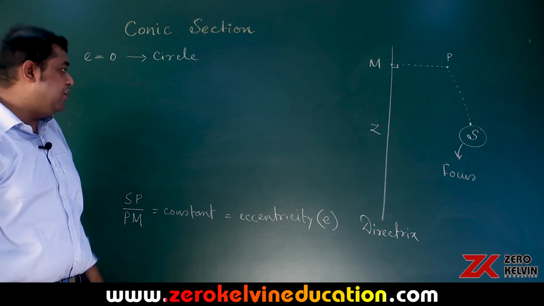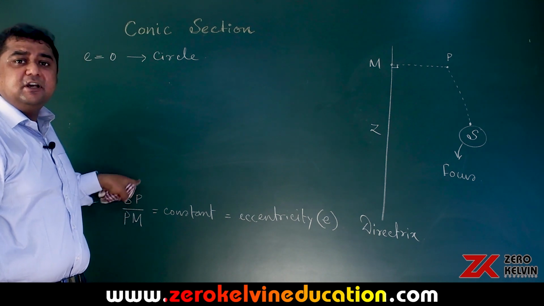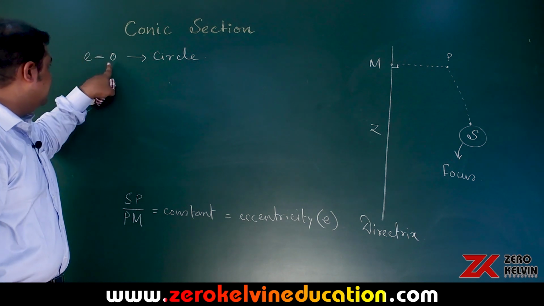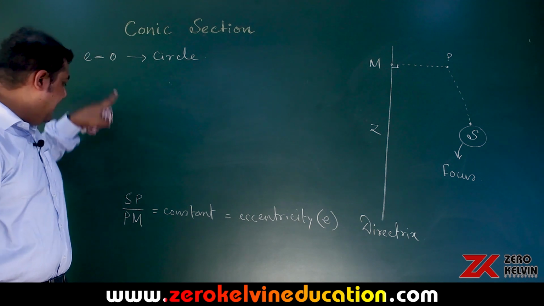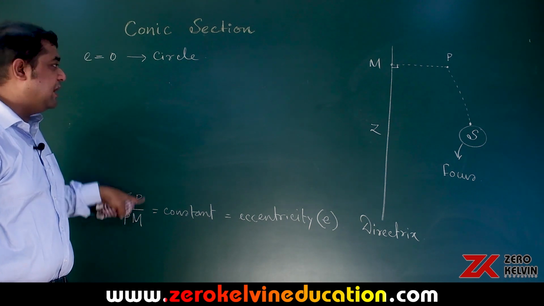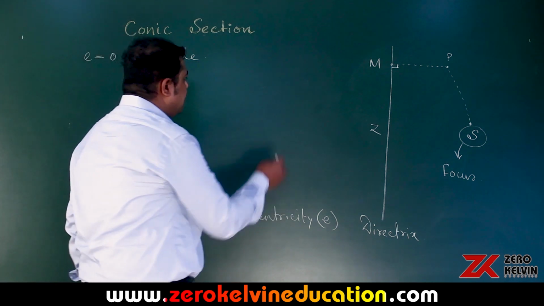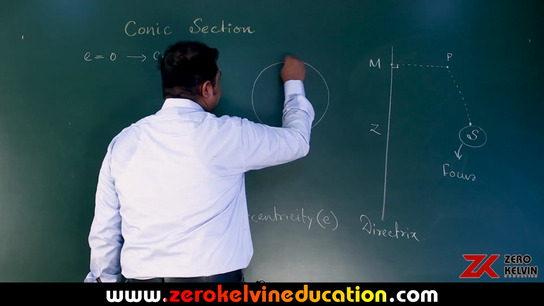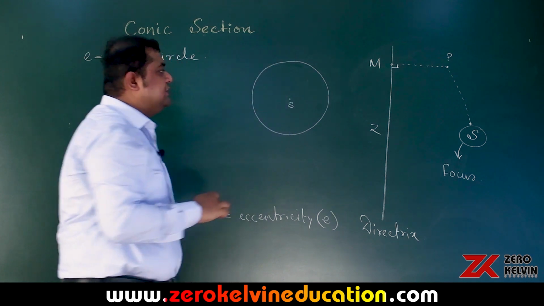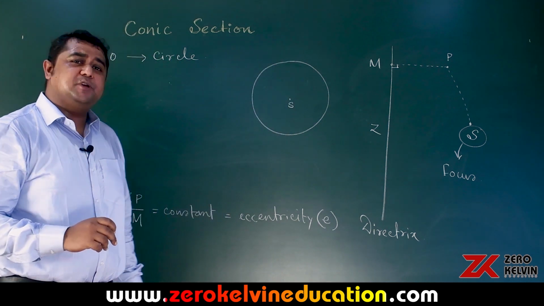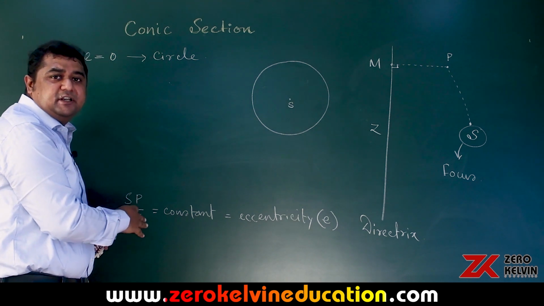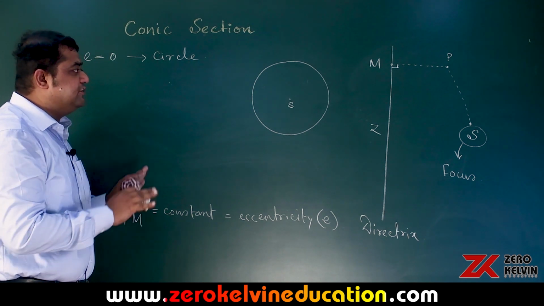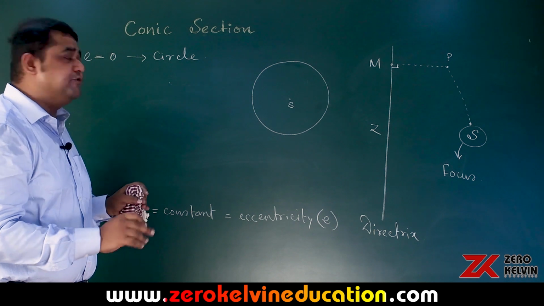Apart from that, we can also consider SP is a fixed finite value and PM approaching infinity. Even on that occasion, we will get the limiting value of eccentricity to be 0 and that can be described as SP a fixed finite value. So, P is moving such that its distance from S is always fixed. So, it will generate us a circle. And when we draw this circle, we cannot have the axis of the directrix because we want PM beyond any finite value, and to ensure PM is infinite, we must not have the axis of the directrix within any finite region we reach.